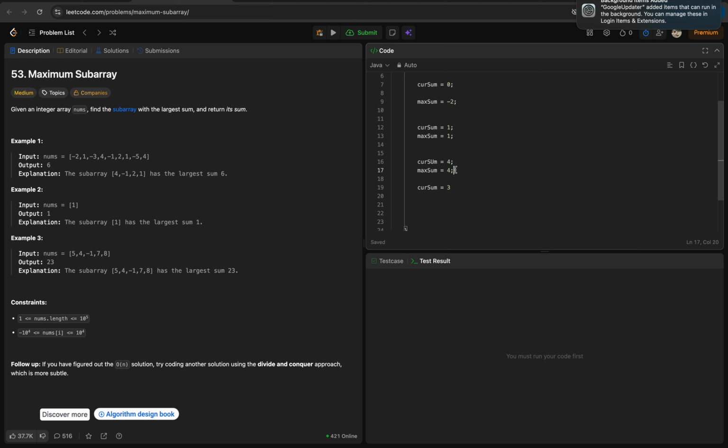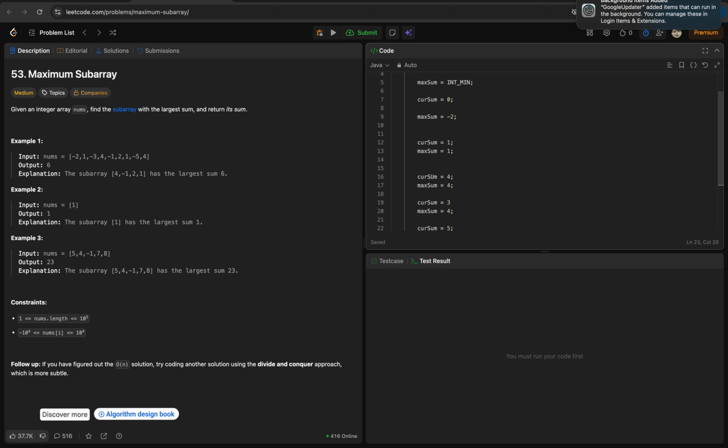Max will still remain 4, because max is greater than 3, but current sum will be 3, and max will remain as 4. Now at next iteration, we have 2. When we add 2, now current will become 5, and max will become 5,